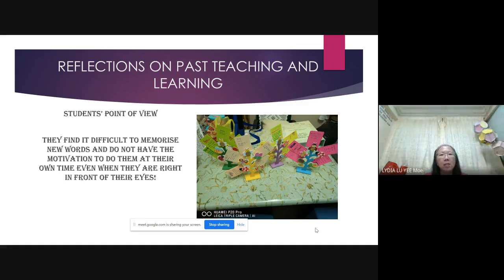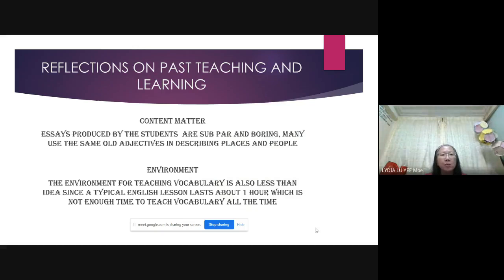Okay, so reflections on past teaching in terms of content matter. I could see that the essays produced by the students are subpar and boring. Many use the same old adjectives in describing places and people. In terms of environment,